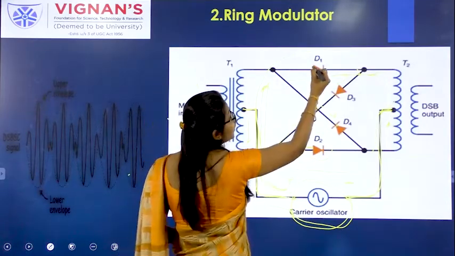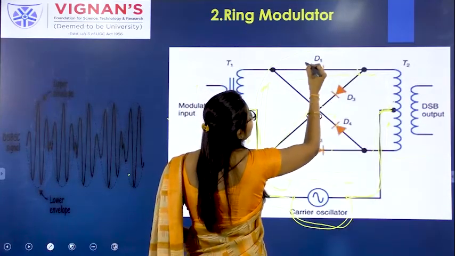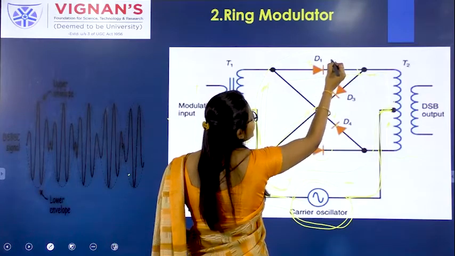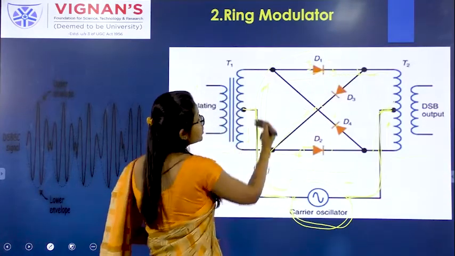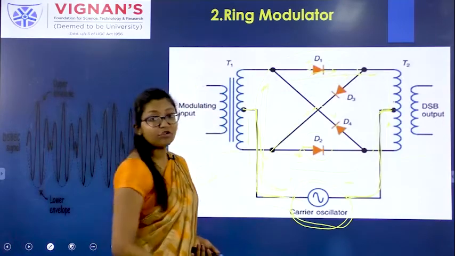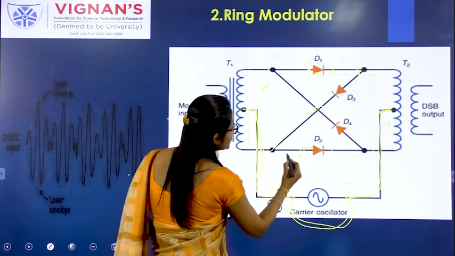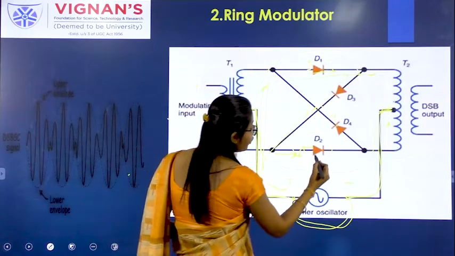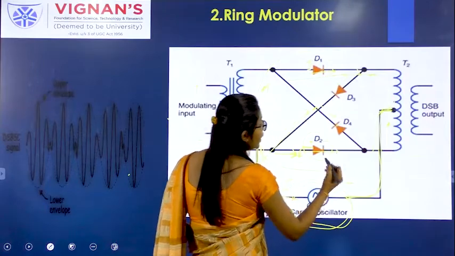See, what does this diode represent? The current flow plus and minus, right? Means the current flow is like this. So here the direction is also the same. If you consider D2 also like this, the current flow is there, and if you observe D2's direction, plus minus, the current will flow as it is.